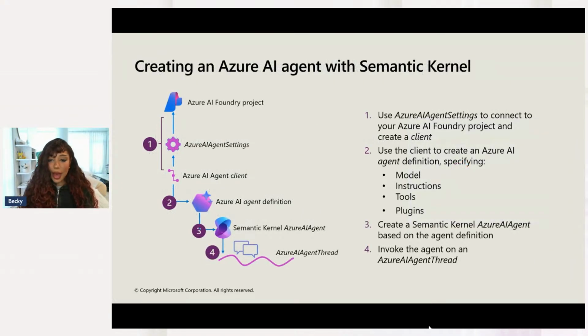So I'm going to talk a bit about how you can create your Azure AI agent with Semantic Kernel before we do the demonstration. To start creating your Azure AI agent with the Semantic Kernel SDK, you first need to have an Azure AI Foundry project. And once you set up your code, you can use C#, Python, I think also Java. You can import the SDK and create an Azure AI settings object that connects your code to your Foundry project. You use the settings object to create your Azure AI agent client, and then you use the client to create your agent definition. And the definition should include the model, instructions, and any tools you want to include with your